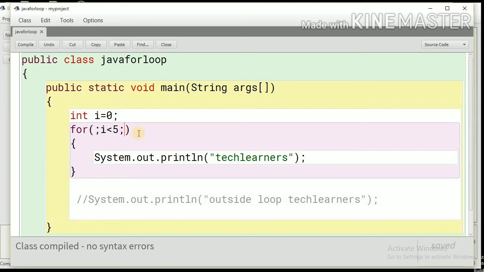So what will happen if I eliminate this update condition? The loop will enter with the value I is equal to 0, and it will remain I is equal to 0 always, because there is no update condition, and it will never reach the termination condition. Again, the same concept, it will go into an infinite loop. Let me show you again.